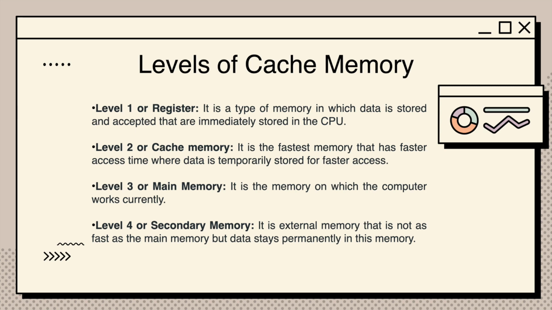In summary, level 1 cache is an essential component of modern CPUs, providing fast and efficient access to frequently used data and instructions. Its small size and high speed make it ideal for storing the most critical data and instructions, and its close proximity to the CPU reduces latency, improving overall system performance.